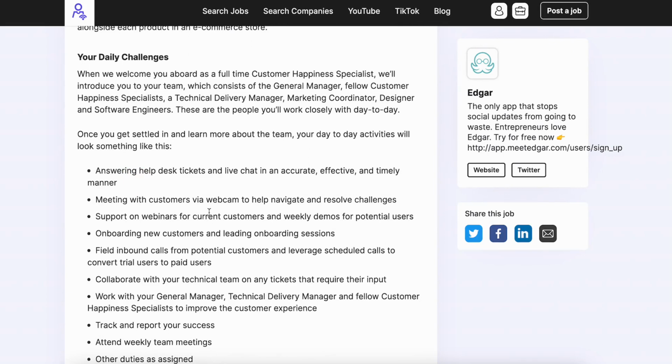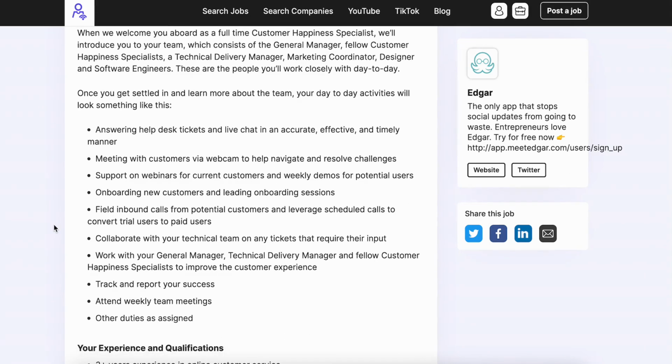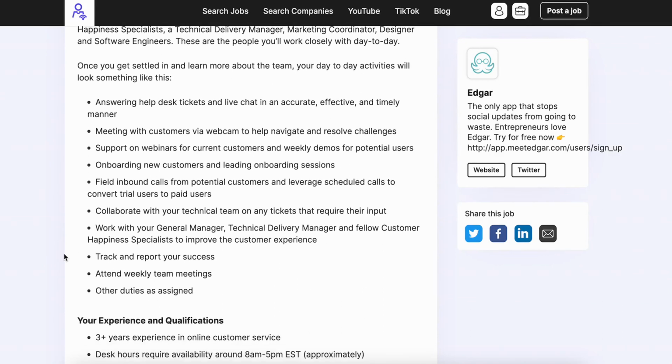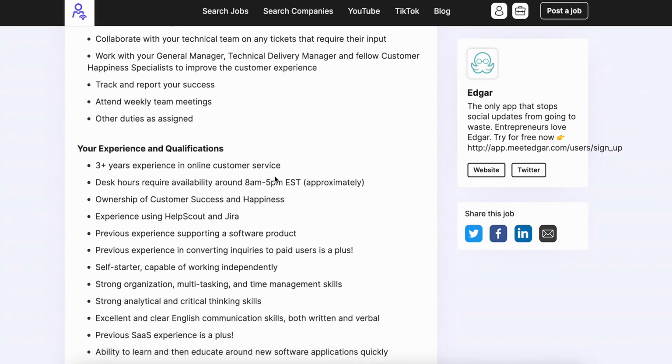Support on webinars for current customers and weekly demos. Onboard new customers and lead onboarding sessions. Field inbound calls from potential customers and leverage scheduled calls to convert trial users to paid users. Collaborate with your technical team on tickets, etc. And as far as your experience, they'd like you to have 3 years of experience in online customer service. They'd like you to be available 8 a.m. to 5 p.m. Eastern Time. So again, it sounds like you don't need to live in this time zone. You just need to be able to